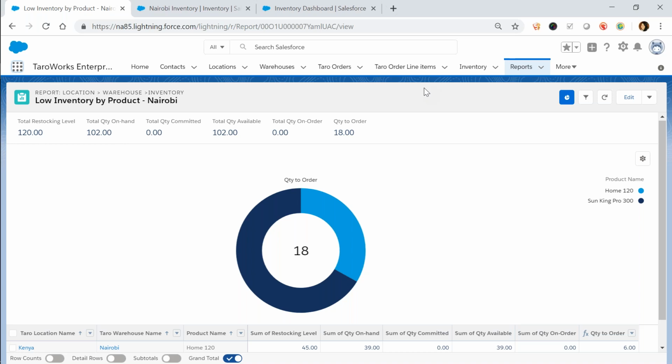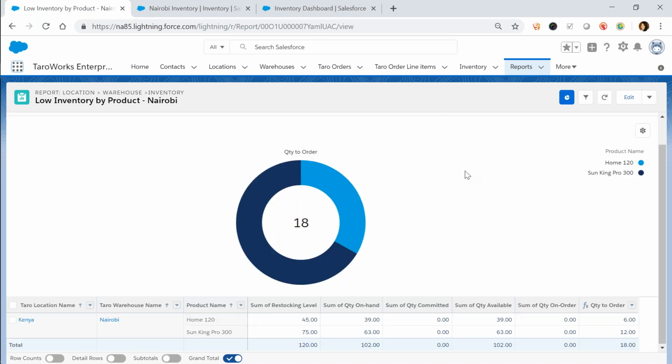I have connectivity, so I'm logged into Salesforce on a laptop, and I want to buy some finished goods from one of our suppliers. We're looking at a report here that's showing us all of the inventory levels that are low in our Nairobi distribution center. So I have a couple of products here that need ordering, and